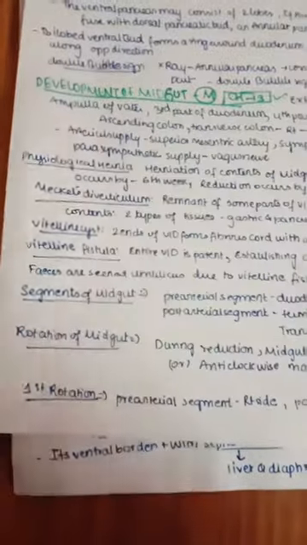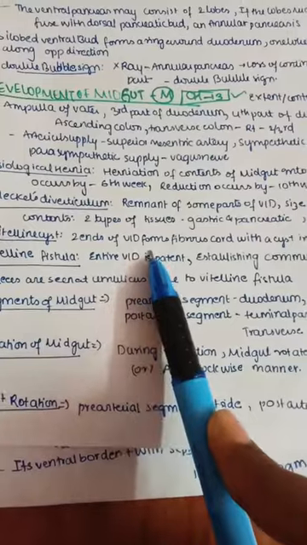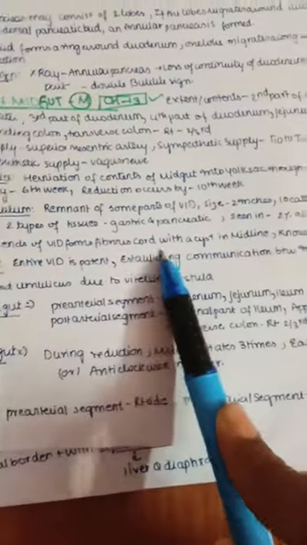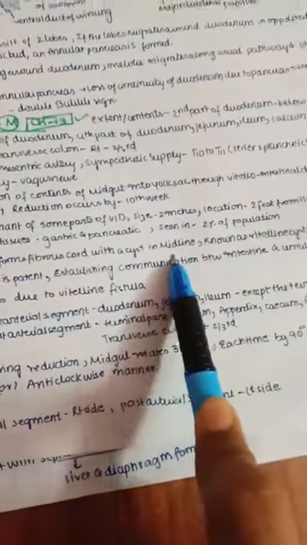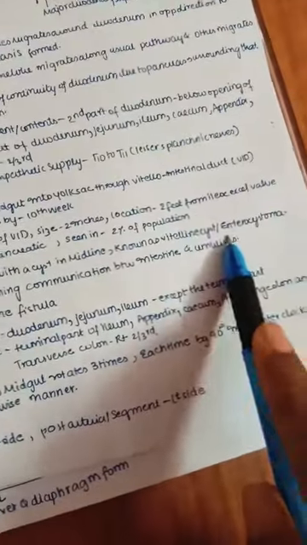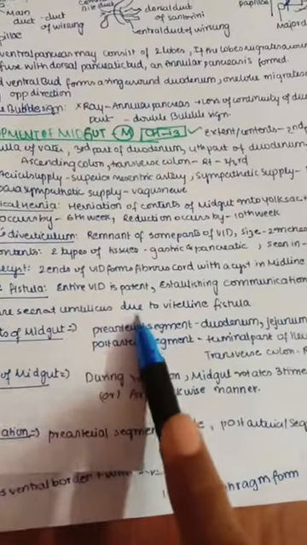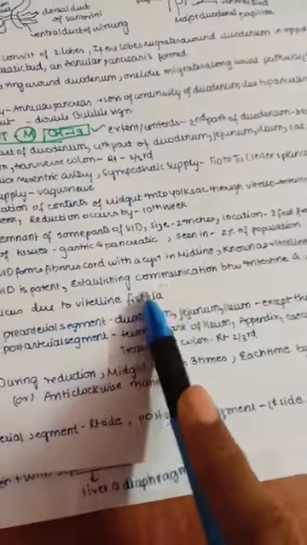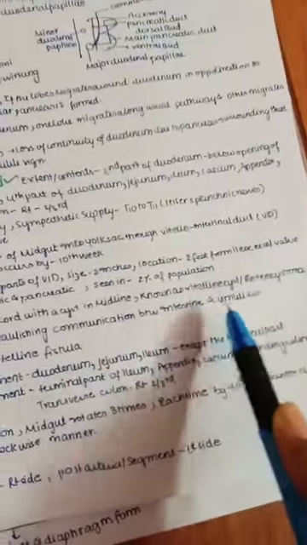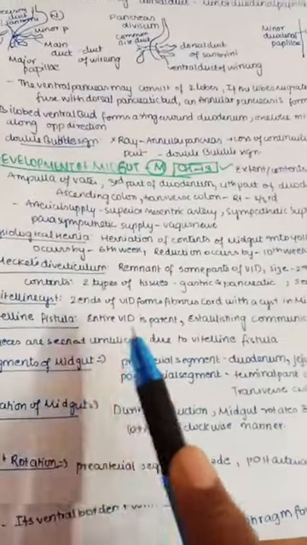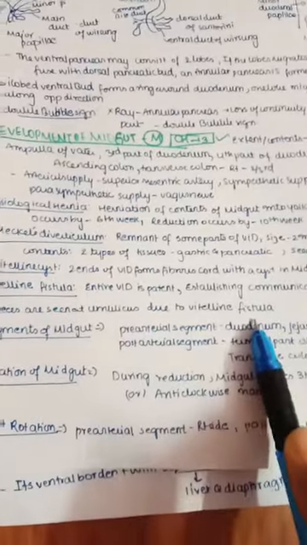Next, coming to the vitelline cyst, the two ends of the vitellointestinal duct form a fibrous cord with a cyst in the midline. This is known as vitelline cyst, also known as enterocystoma. And next we have the vitelline fistula. It is where the entire vitellointestinal duct is patent. In this case there is a communication between the intestine and the umbilicus, so because of this, feces can be seen at the umbilicus. This is mainly due to the vitelline fistula.